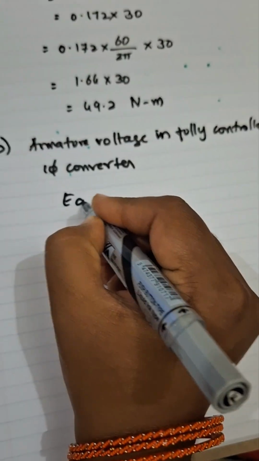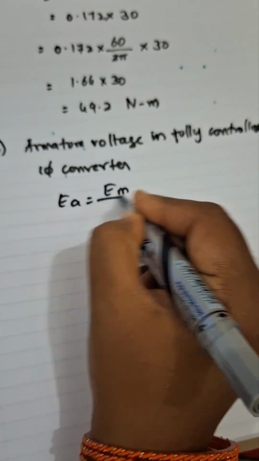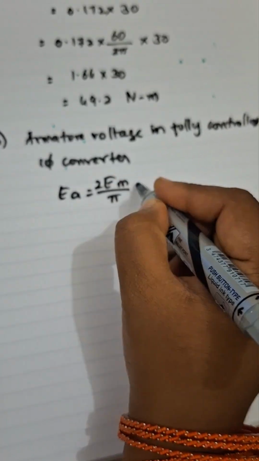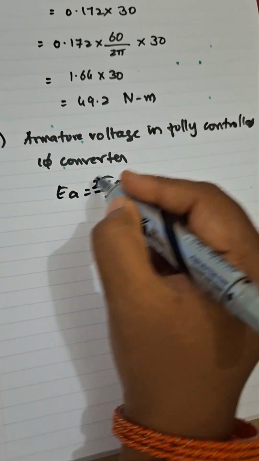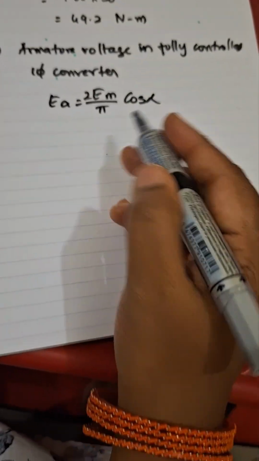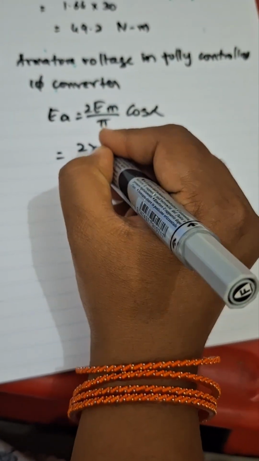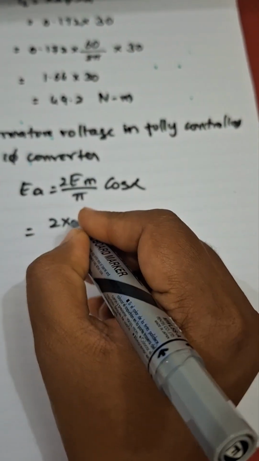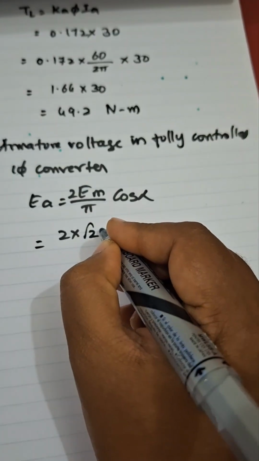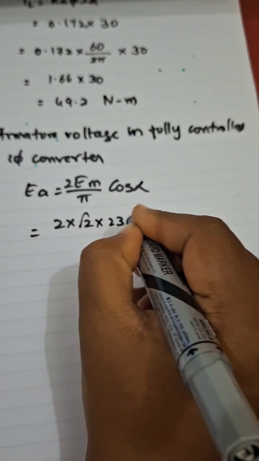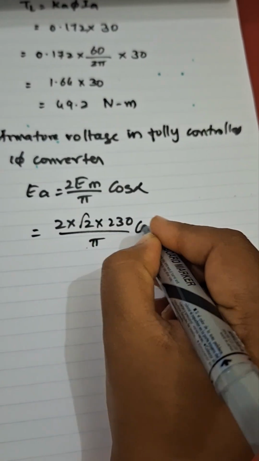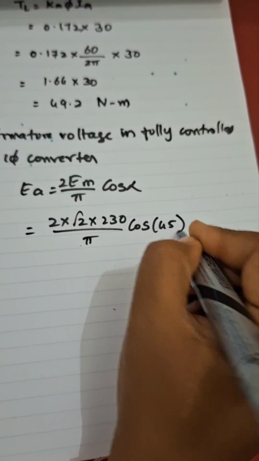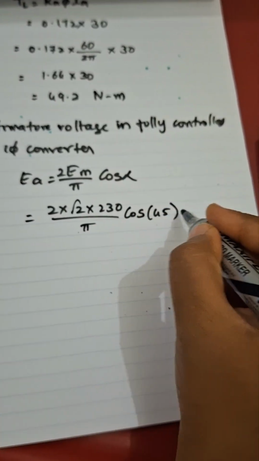Our formula is Ea equals 2 Em by pi cos alpha, because it is fully controlled. Em is given as root 2 times 230, so root 2 times 230 divided by pi, cos alpha with alpha equal to 45 degrees. If you use a calculator, you will get